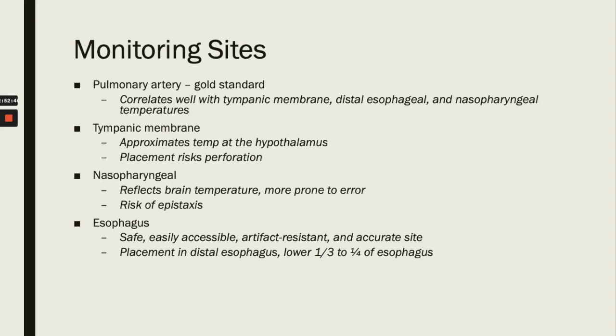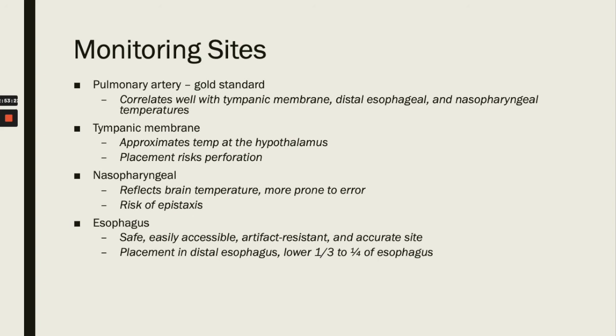However, we don't always monitor pulmonary artery except in major surgeries where a PA catheter is being placed. So like CABGs or valve surgeries of that nature. So the tympanic membrane, and that approximates temperature at the hypothalamus. However, if you are monitoring at this site, placement risks perforation. So if you're trying to put a temperature probe at that particular site, you could risk rupturing there,